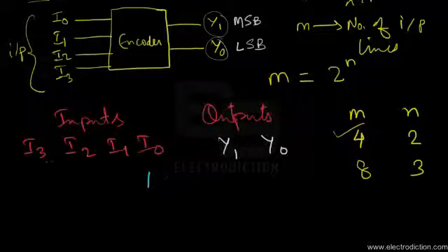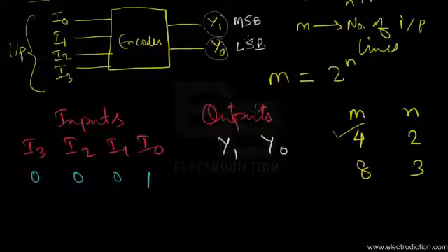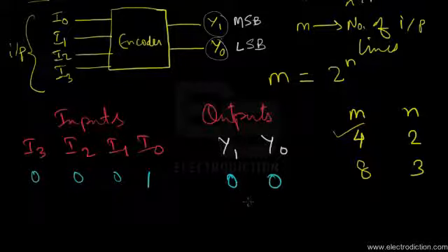Okay, while the rest of the input lines are set at logic 0 state. So under this condition, what we have is that we would get an output code that would read somewhat this way: 0 0. So what does this basically mean? This basically means that we're getting a binary code output. Since there are 2 output lines over here, therefore